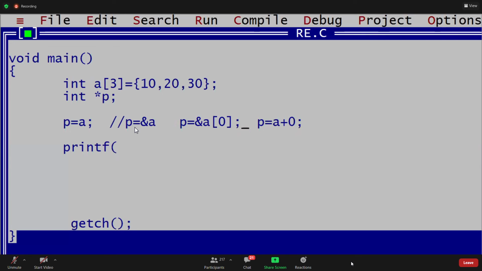What are the p and a values? So I'm going to print. See this, guys. I'm going to print a percentile u and p percentile u. What is it going to print for a and p? Yeah, it prints the a value and p value, guys. That is the base address.